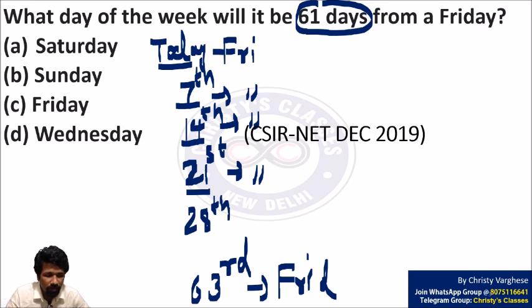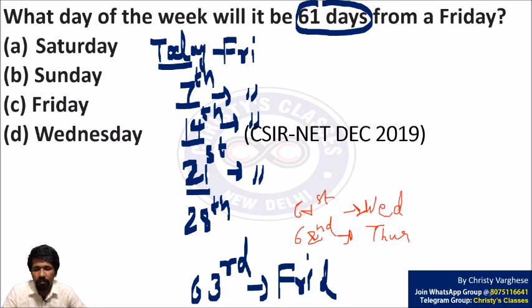The 62nd day will be Thursday and the 61st day will be Wednesday, because 2 days before the 63rd is 2 days before Friday, that is